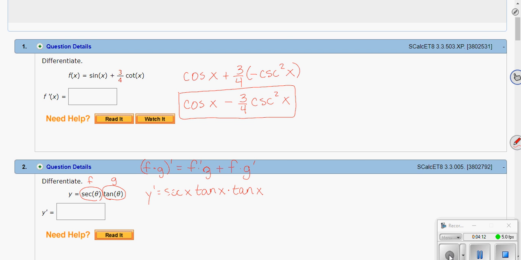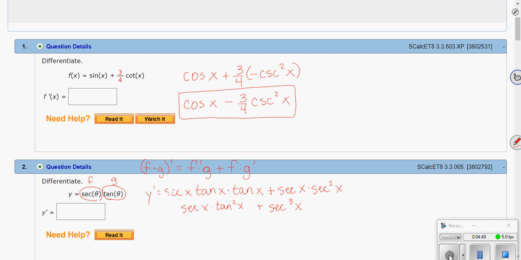Times tan x plus f, which is my secant x, times g prime. Well, the derivative of tangent is secant squared. So if you see this, we have secant x times tangent squared x plus